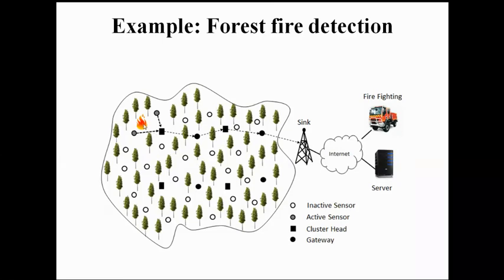So let us see this example. Here the fire happened, which will be detected by these two sensors. Now these two sensors are in active mode. Then they will pass the information to their corresponding cluster head. Then the cluster head, in order to share the information with the sink node, will communicate or forward the information to this gateway node. Again, it will reach this cluster head. With the help of this cluster head, the node in the particular region is able to receive the information. Then it will share the information with the corresponding sink node. In this way, the communication can take place in a wireless sensor network.